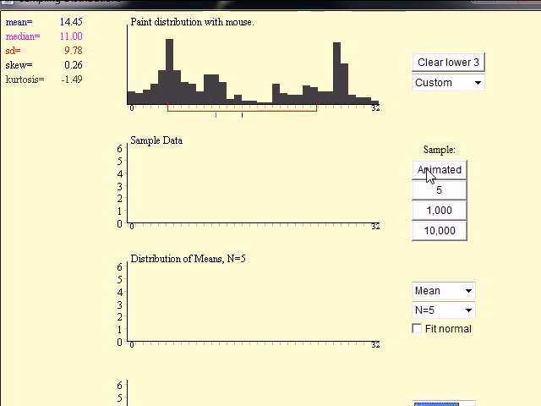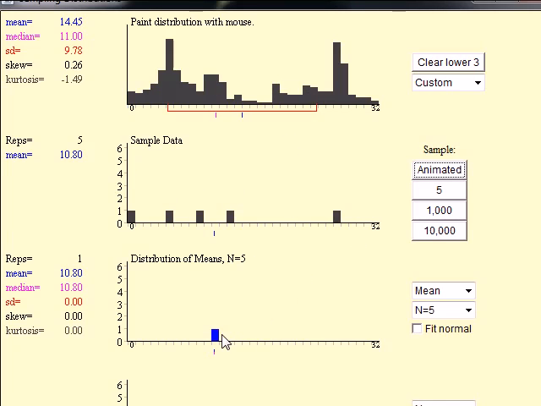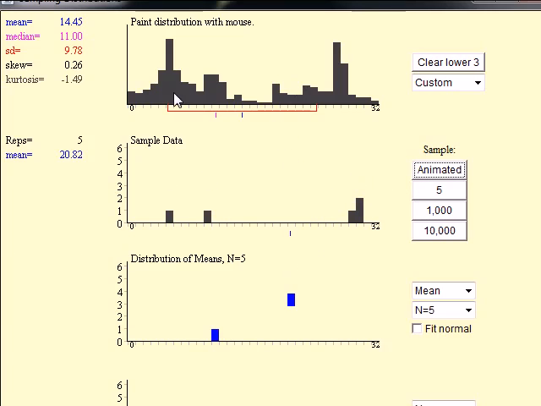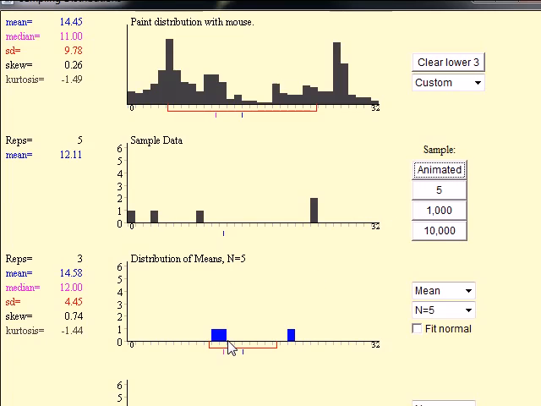So I'm going to take 5 at a time. I took 5 samples from up here, and then it took its mean and plotted the mean there. Let me do it again. 5 samples from this probability distribution function, plotted right there. I could keep doing it. It'll take some time, but as you can see, I plotted it right there.